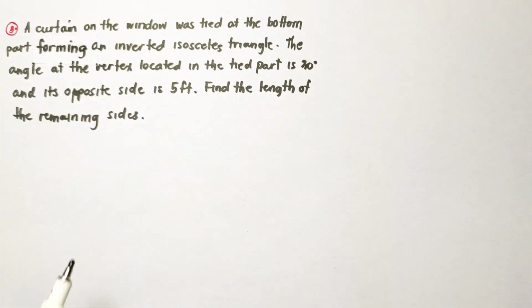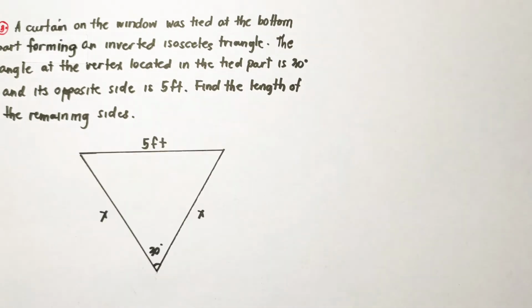So let us draw first the triangle that is being said on the problem. Okay, so this is now the given triangle there. So it's an oblique triangle. Actually, we can solve this using the oblique triangle, or by the use of SOHCAHTOA, or by solving the right triangle. So how is that? Let me show you first the way on how I can solve this using the oblique